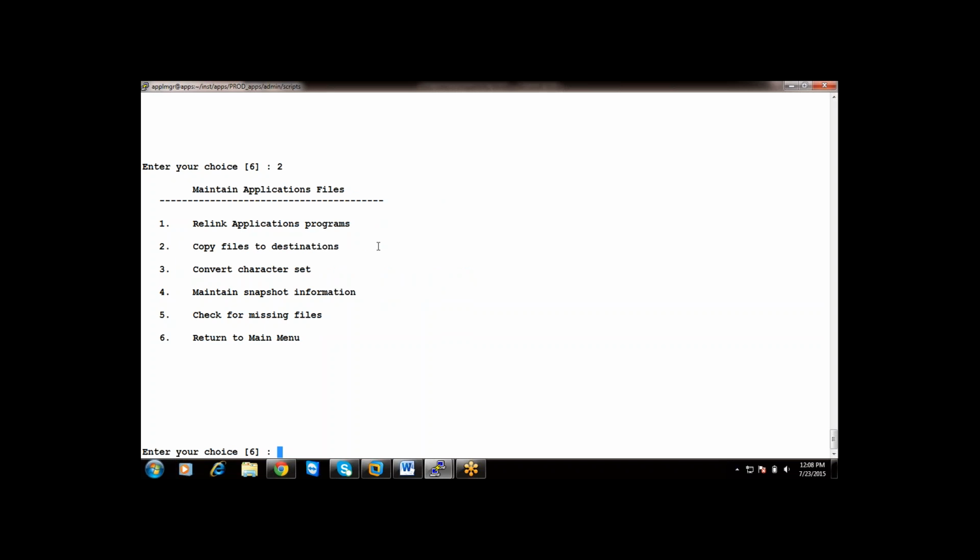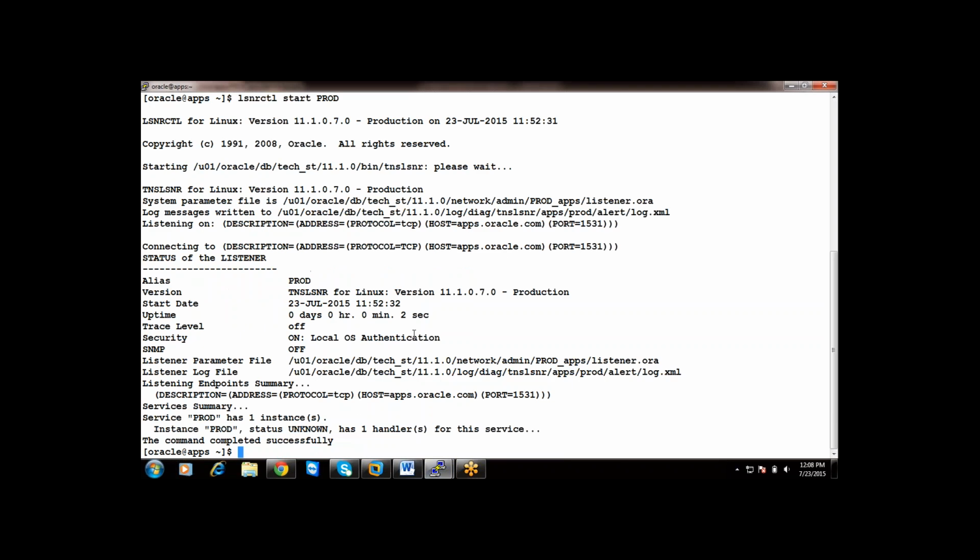The executables under AD top slash bin can be regenerated with the help of AD relink. Then what about the other products? I'll take the example of GL top. Say I'm missing one executable under GL top bin.